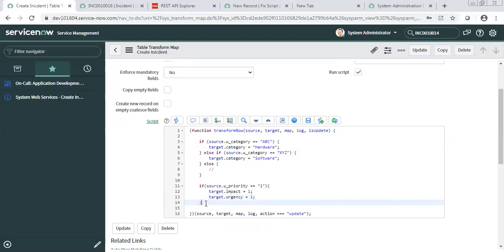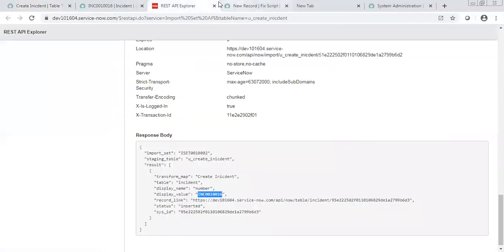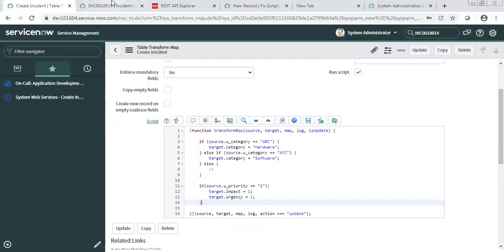Similarly, let's say if the source is sending 2, then you want to set some value for that one as well. But I think we don't need to select string. It should be value, u_priority. We have to check what value exactly it is coming. If it is true, we have to check it.